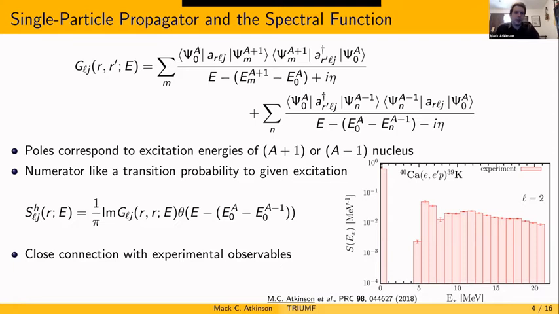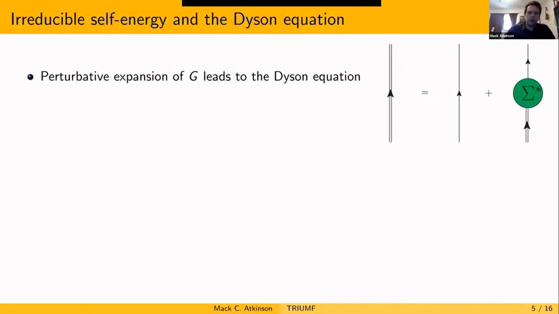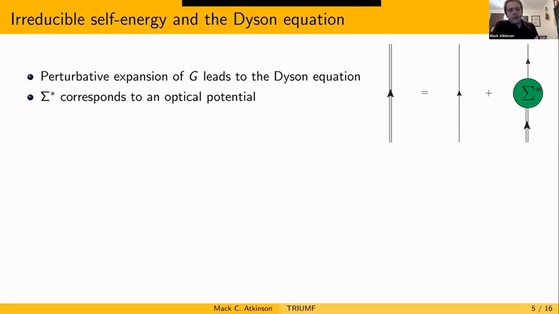So how can I calculate this? This is a pretty complicated expression, as I have written in the top of the slide. You can use perturbation theory to derive the Dyson equation that I'm showing diagrammatically on the right, where the double lines correspond to the full propagator, the single line corresponds to the free propagator. And there's a new object in here, this sigma star, which is the irreducible self-energy. This is like a one-body object that encapsulates all possible interactions in whatever system you're looking at. This is, of course, in an exact way. This Dyson equation is an exact expression.